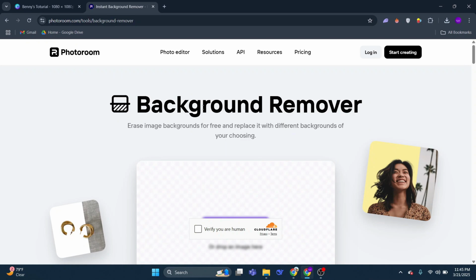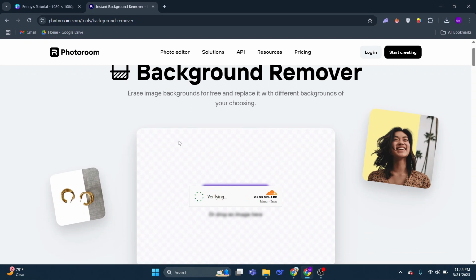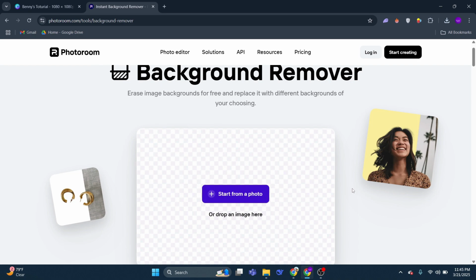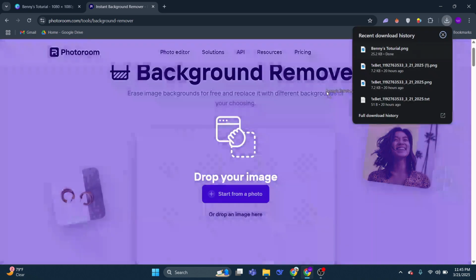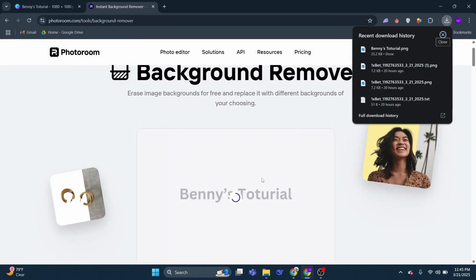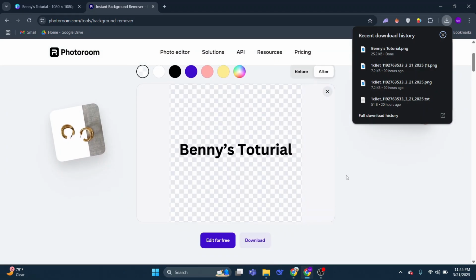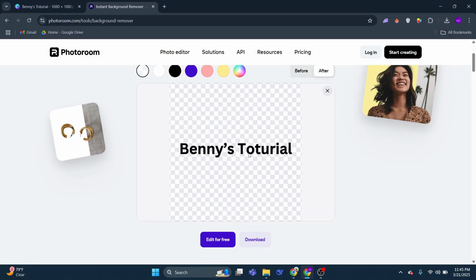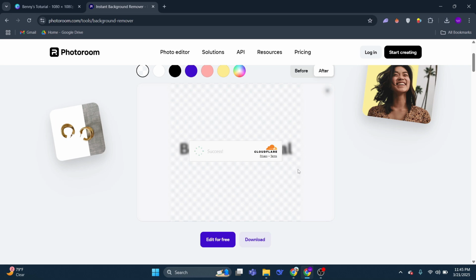What we want to do next is go to PhotoRoom's Transparent tool. It's a free tool that you can use to make the background on your designs transparent. What we can do is drag that image we just downloaded into this website, and now we can see it here without that white background. If we click on where it says Download,